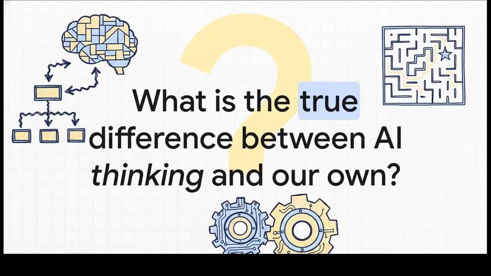So there you have it. We've gone from simple rules to organized knowledge to strategic planning. We've basically laid out the building blocks of an artificial mind. But it does leave you wondering, doesn't it? If an AI can do all of this, if it can reason and plan and make decisions under uncertainty, what really is the true